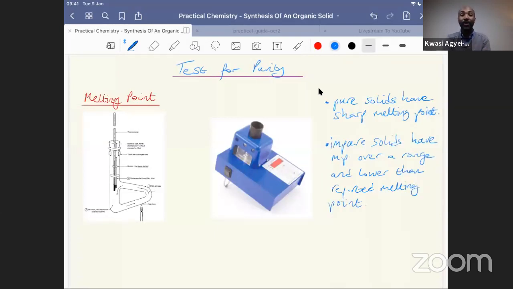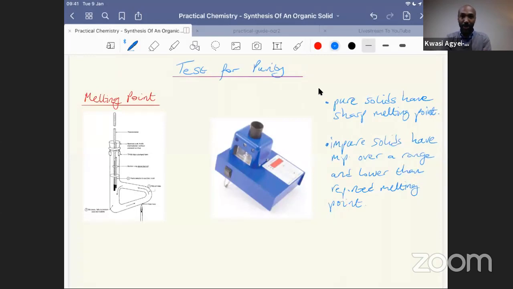Impure solids will melt over a range, so perhaps 145 to 150 degrees Celsius instead of 148, bang on. And they will also melt at a temperature that is lower than the reported melting point